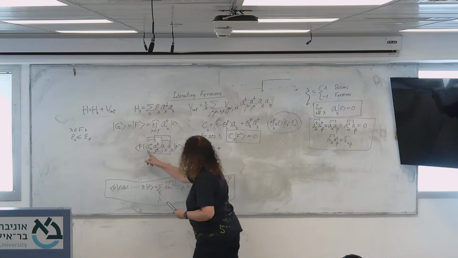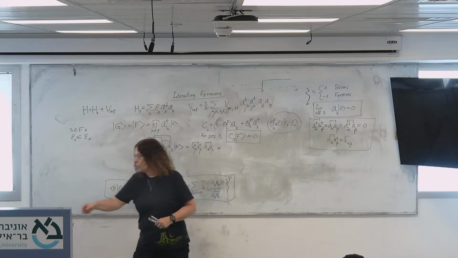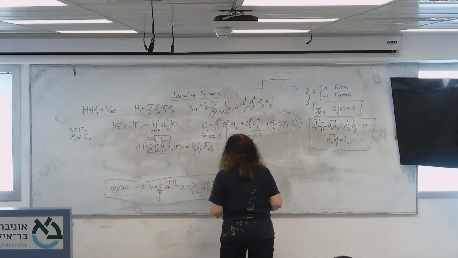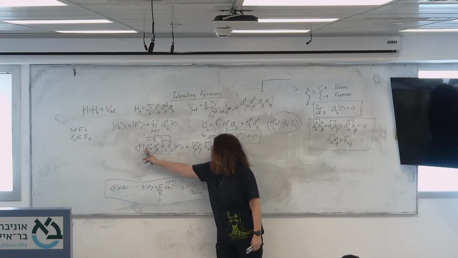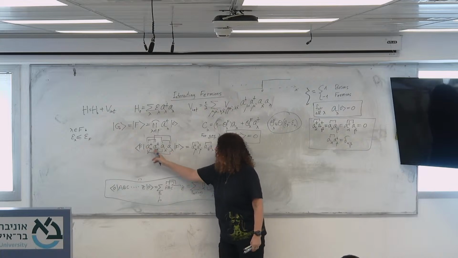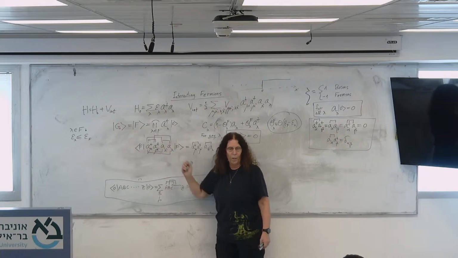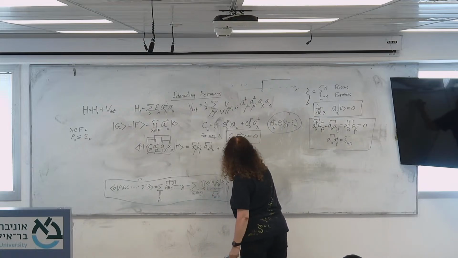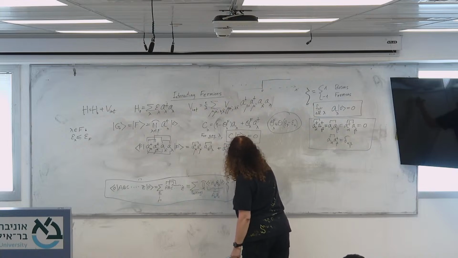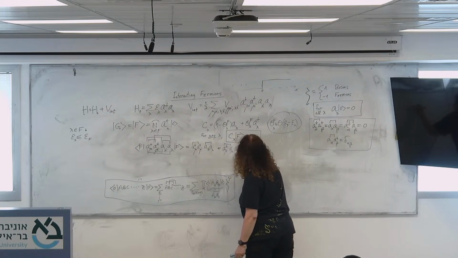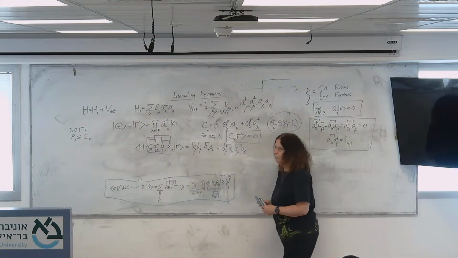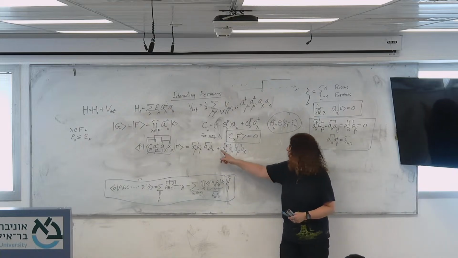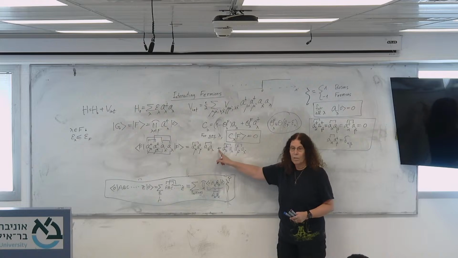Now the second term, let me use the blue color. Here I contracted this one with this one and this one with this one. I don't have to do any reshuffling, right? So it is a mu dagger, a lambda contractor, a mu prime dagger, a lambda prime contractor. Okay, and it comes with a plus sign because there's no